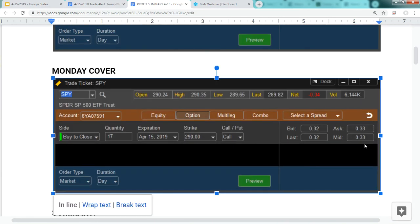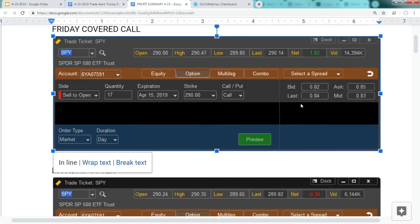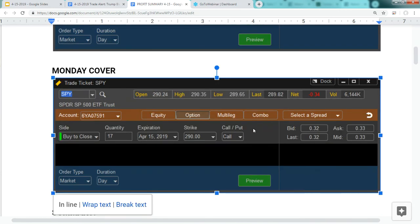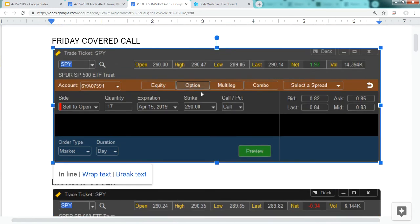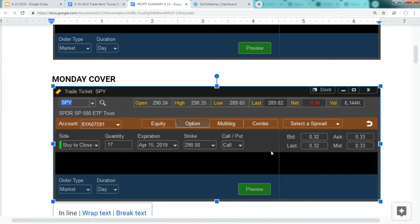And today we were able to cover that for 33 cents. So we made a profit of 50 cents or $50 per contract on the covered call. So that's a huge return over time. But let's look at what happened to the underlying. So the underlying, which is an unrealized P&L, went from 290.14